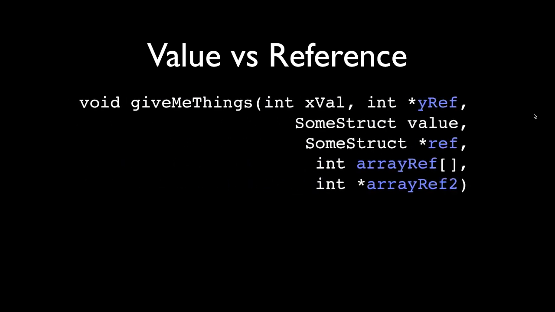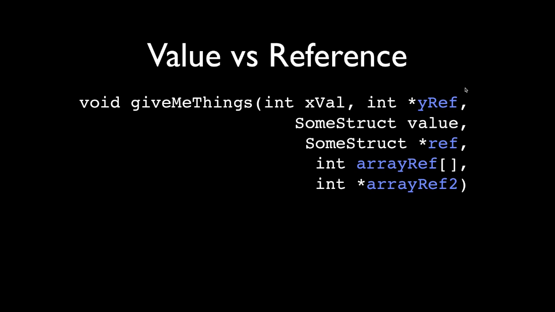So you've been hearing me talk a lot in the other episodes about value versus reference of variables. Here's an example of passing arguments to a function. The ones that are highlighted in blue have been passed by reference, and the ones that are not highlighted in blue are being passed by value. As I told you before, passing something by value is copying it and all of its stuff in there. And if it's a heavyweight thing, like a structure with a lot of hierarchy, you just don't want to copy it. You want to pass a reference to it, and if you are going to copy it, you want to be more careful about how you're going to do so.